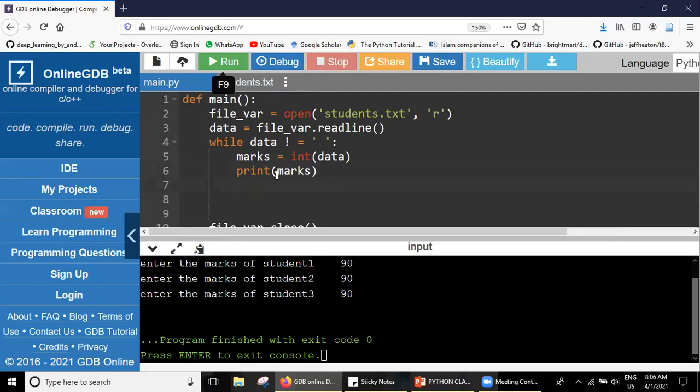When I write readline for the second time, it goes to the second line, right? So it means that we are reading line by line. So this time I can say that this data, now please take the next line.